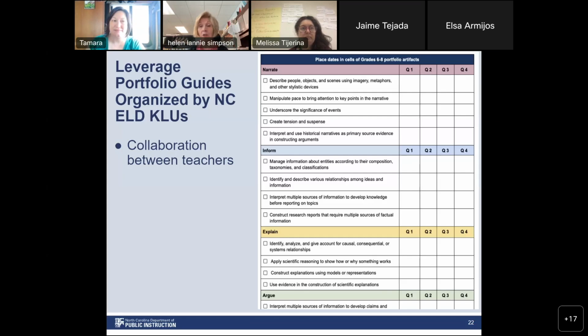So, as Tamara's already clicked on one of the bullets, it really does promote collaboration between teachers. And let's look at some of these comments. Oh, sorry. I keep going too fast. No, no, no. Right. Our ML team members paired up and worked backwards to create a lesson that would help students demonstrate one of these. Absolutely. I love that backwards planning design.